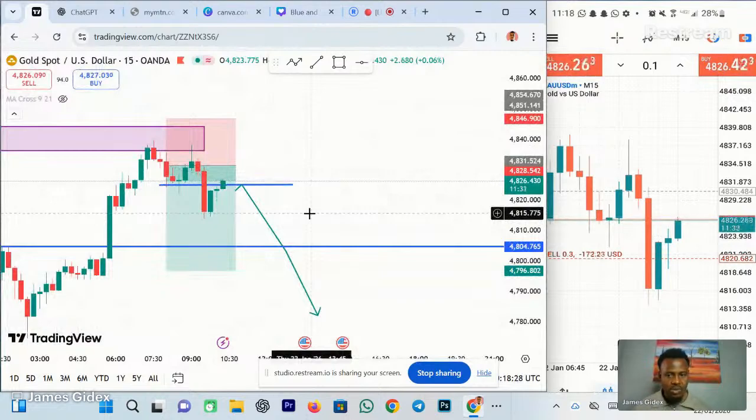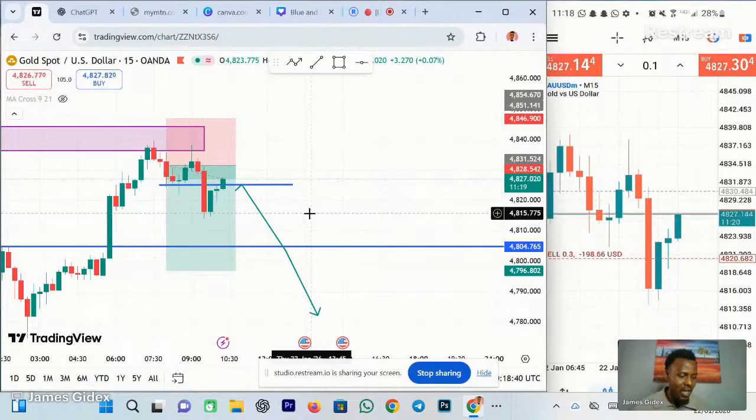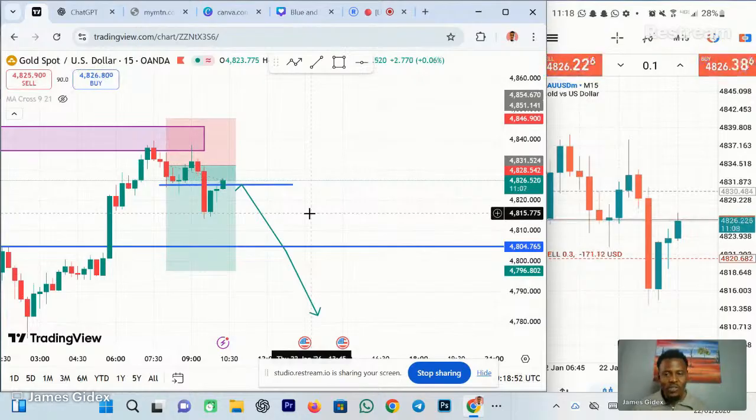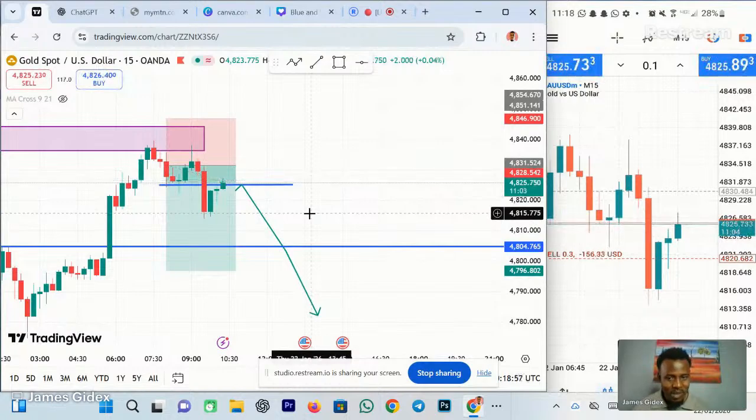Because that is overtrading, and that is revenge trading, or you are trying to force the market to enter your profit, and that is very, very wrong. Don't extend your stop loss if the market is getting close to it. Wait until it hits your stop loss before you close the trade, please.